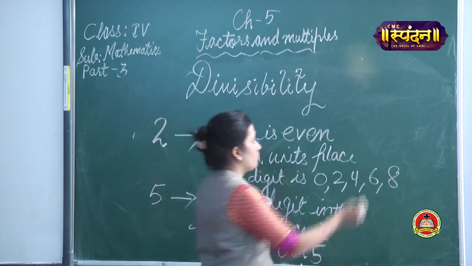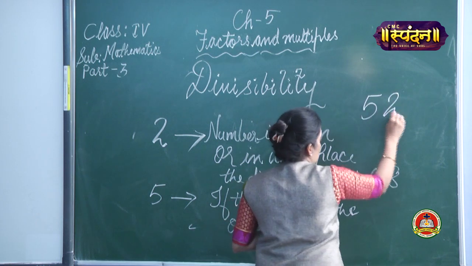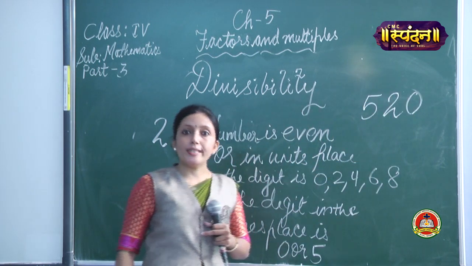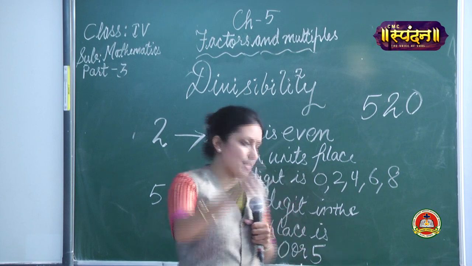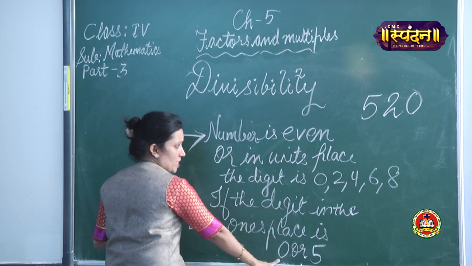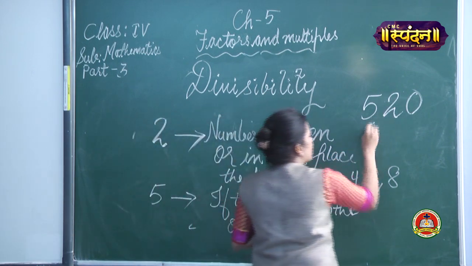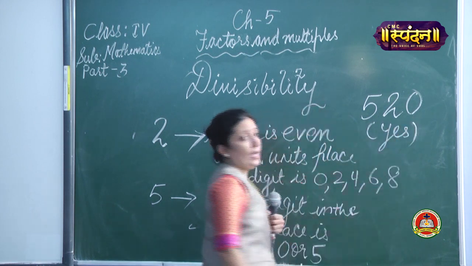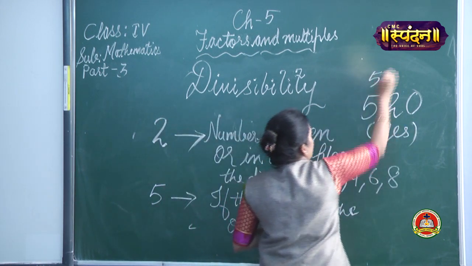Please pay attention, children: 520, is this divisible by 5? Yes, according to the rule, it can be 0 or 5. So it means yes. And if I say it is 555,